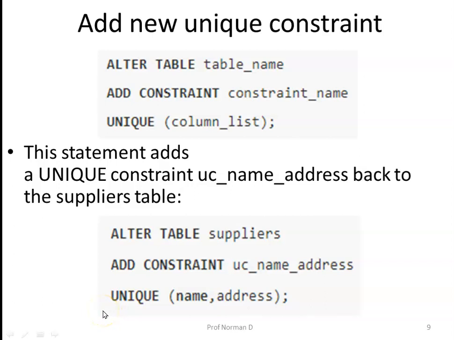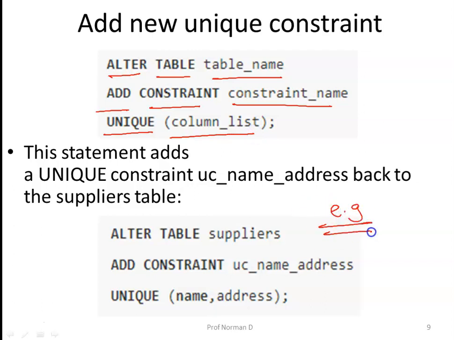Once a table has been created, and after the table has been created you want to add a constraint, you can always do that using the ALTER clause. So the query would be ALTER TABLE, table name, ADD CONSTRAINT, give a constraint name. This can be any user defined name. Specify the constraint to be UNIQUE and specify the column list. Given the example over here.